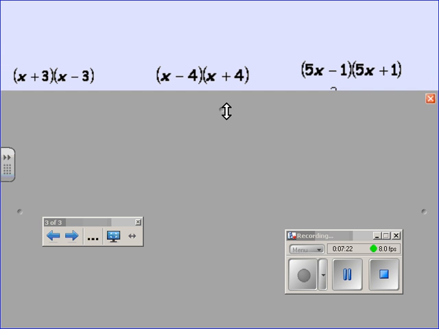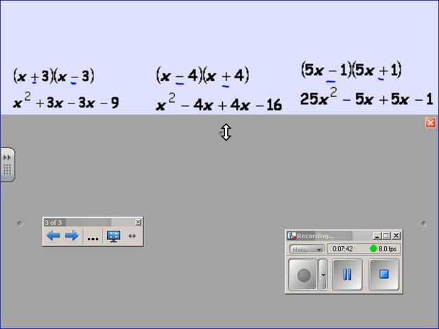Here we have three sets of binomials where two binomials are being multiplied together. The only difference is that one of the binomials will have a plus and the other will have a minus. And as you can see, that's the case for all of them. Again, in order to look at the pattern, we're going to need to FOIL them out. So if we were to FOIL these, we would find that we would have x squared plus 3x minus 3x